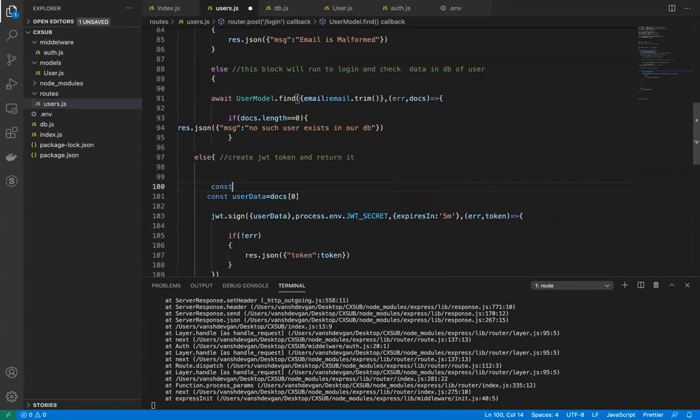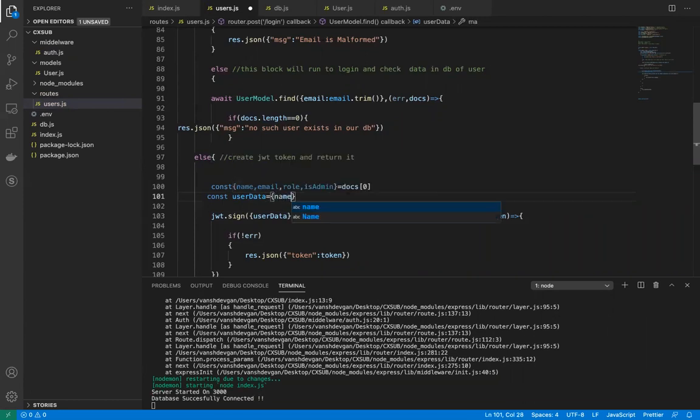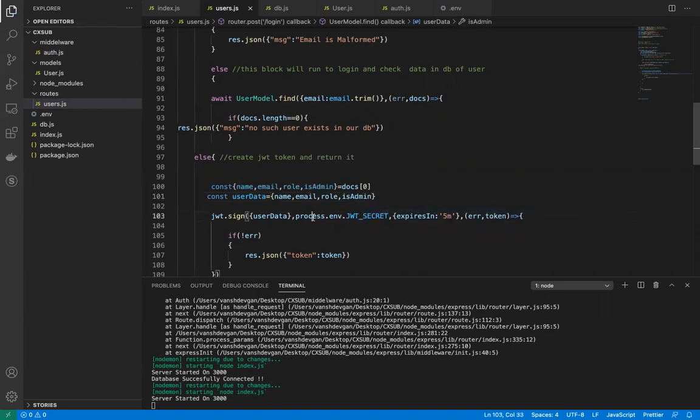Let me do const name. We only want name, email, role, and isAdmin values from this particular thing, which is docs[0]. And now I am going to use these values over here: name, email, role, isAdmin. Now we do not have the password.